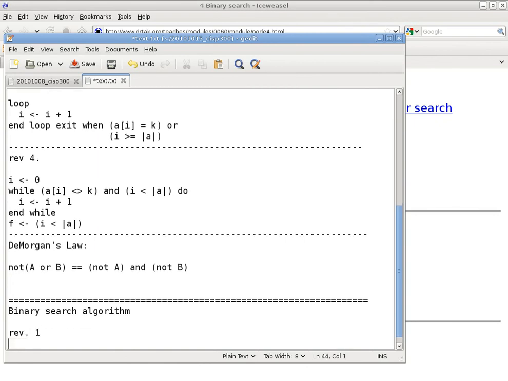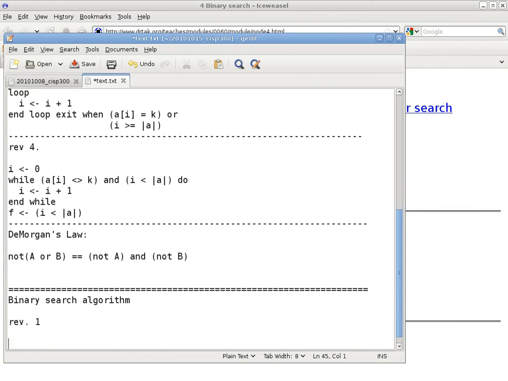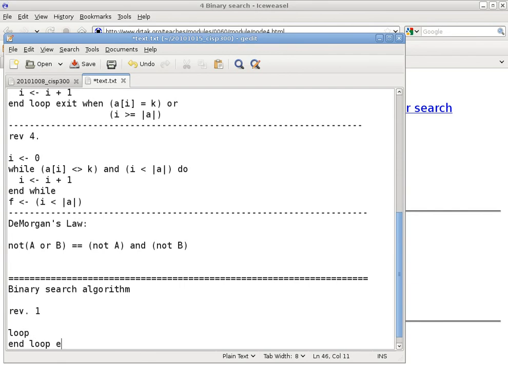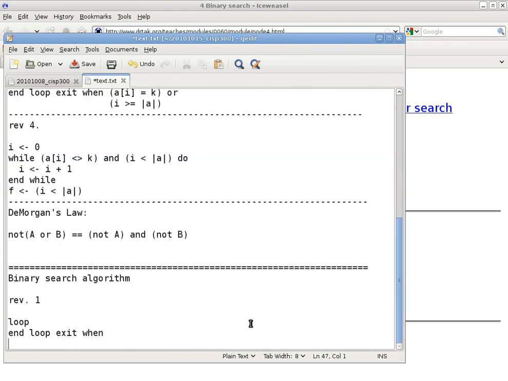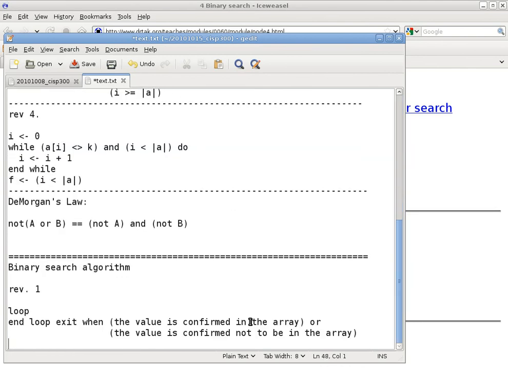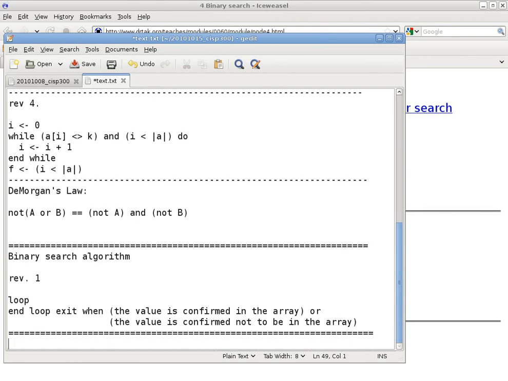Revision 1. This is a search algorithm. Is this process repetitive? Yes. It is repetitive, so we know we have a loop of some kind. When do we get out? This is a search algorithm. Well, when we get out of a search algorithm, it is all the same. In other words, I can copy and paste from the linear search algorithm and say that, overall speaking, at the highest level, this is exactly what a binary search